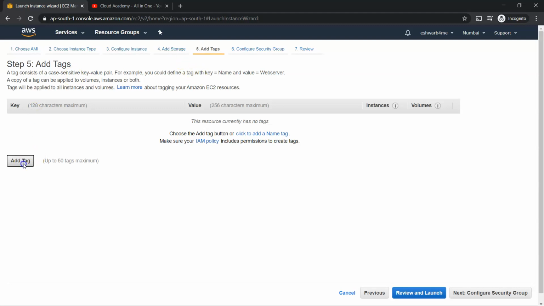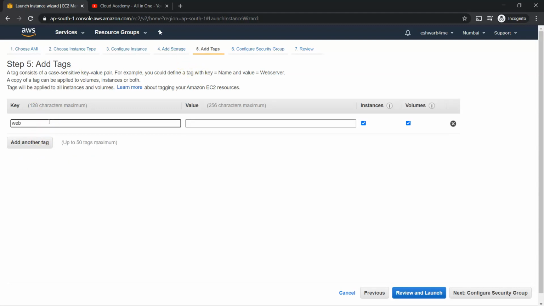You can just say add a website deployment. For all the related resources, you can give the same key and value so that it will be easy to track and review, and you can add multiple tags. But if you want to put it like front-end server or back-end server or middleware, then you can easily divide or categorize those types of resources.